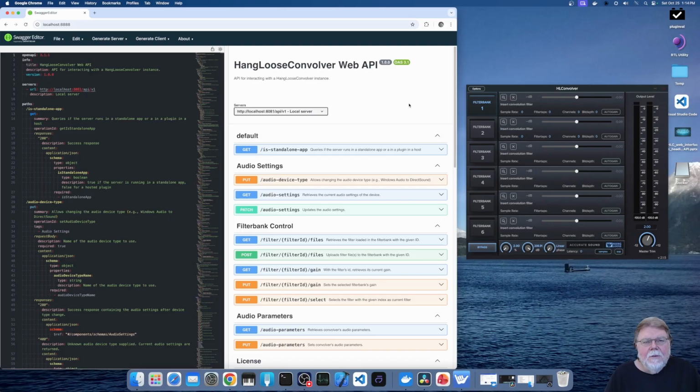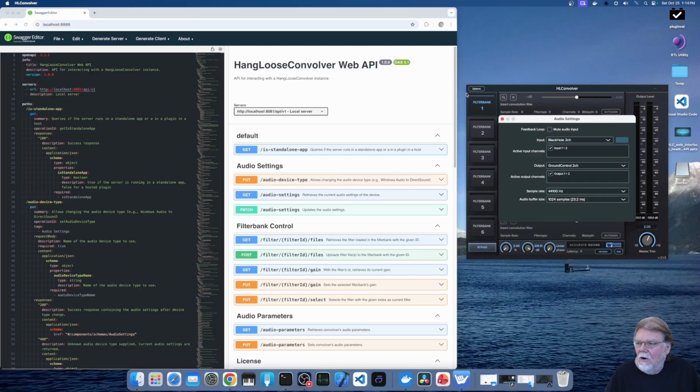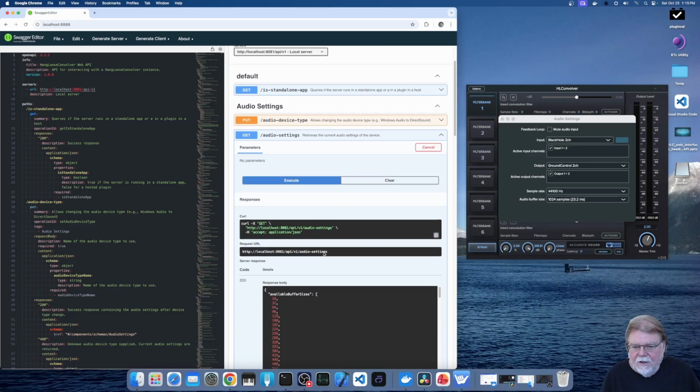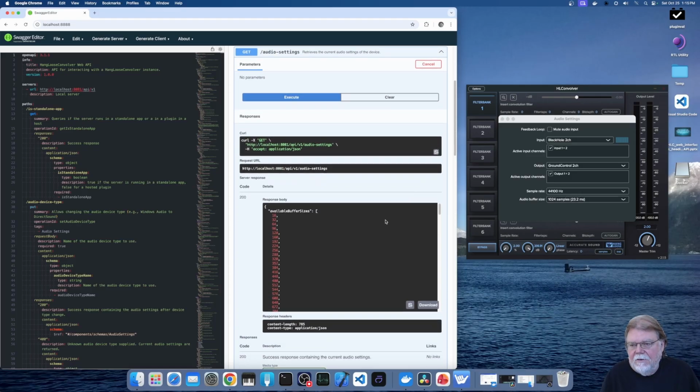So the next API that we want to exercise is to get the current audio settings of the device. And so I'm just going to go over here and click on audio settings in the UI so that we can see what the audio settings are, and if we use the API to retrieve those, they should be the same. So again, we just drop down here and we say try it out. There's no parameters to be sent, so we'll just execute,